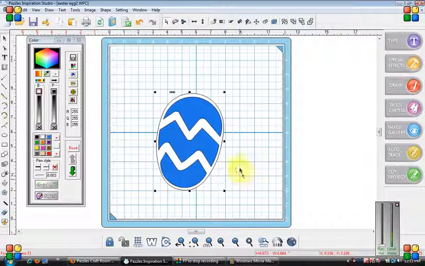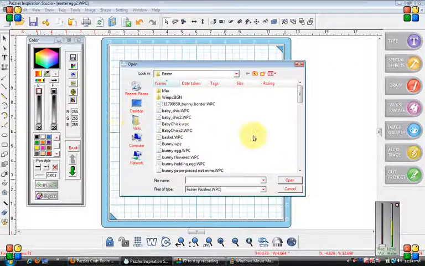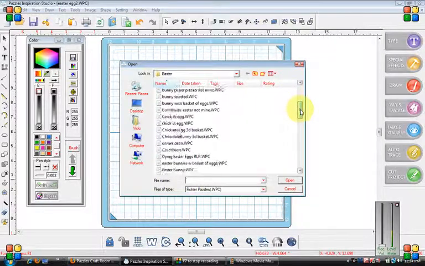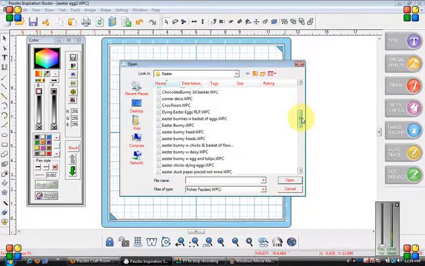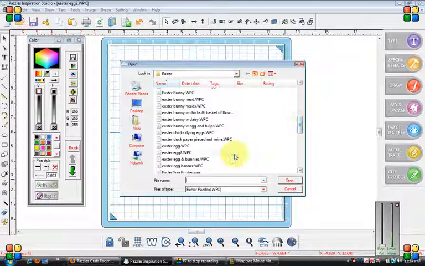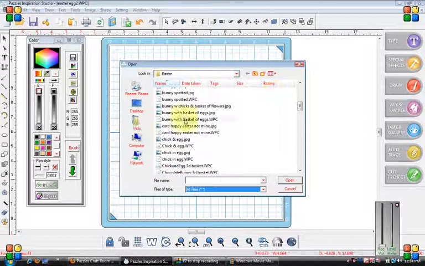Okay, so now we know that it's saved as a WPC file and as a bitmap or JPEG. So let's open this up now. We go over and we look for Easter egg. Well, I'm looking. The picture's still not there. What is that? You have to come down here to where it says Fisher Puzzles WPC, hit the arrow, and hit All Files. Okay, now they're really small. Still can't see it. So what you have to do is come over here